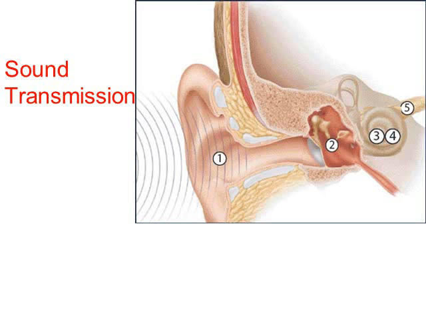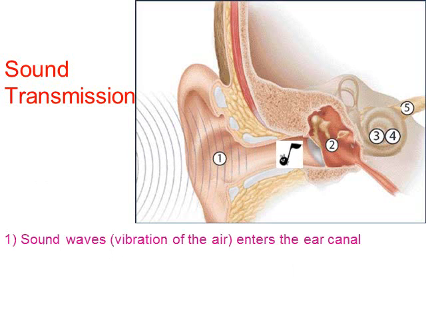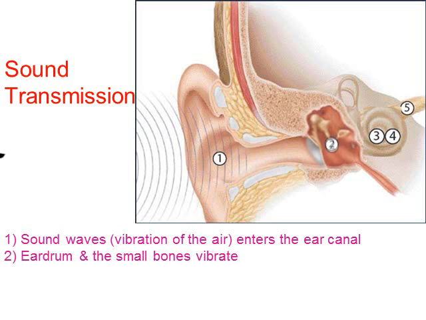So here we have sound transmission. Sound waves, which are simply vibrations of the air, will enter your ear canal. In this animation, somebody's listening to music. So the sound wave from the music enters your ear canal. In area 2 of the picture, we can see the eardrum and those three bones, the incus, the malleus, and